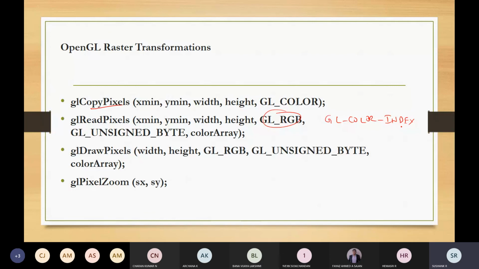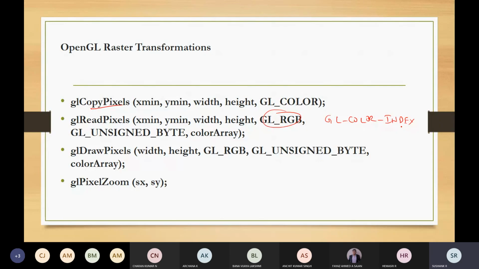In order to rotate the color values, you rearrange the rows and columns of the color array, like a rotation of 90 degrees and a rotation of 180 degrees. Once the rotation is done, you have to put the rotated array back to the buffer by using glDrawPixels.